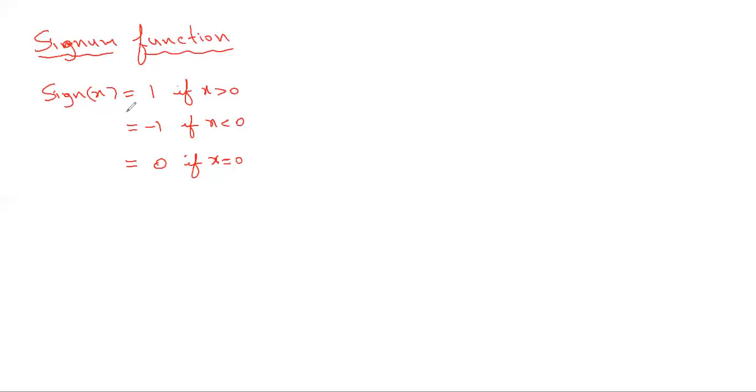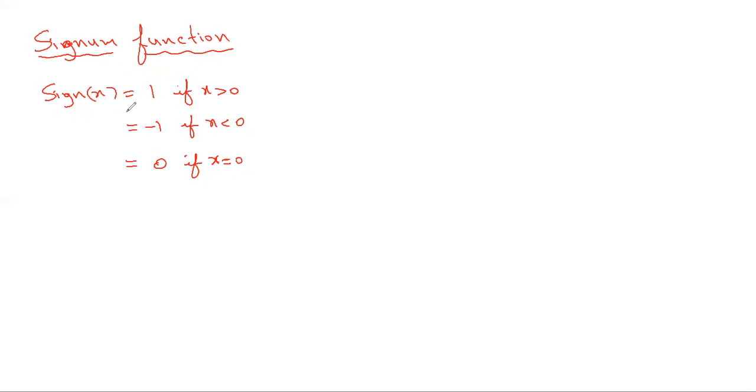Similar to that, here also, for all positive numbers, the image is 1. Just like for all marks of 35 or more, the result is printed as pass, for all positive numbers the signum function gives the output as 1. And for all negative numbers, the output is given as -1. And for zero, there is only one number 0. If the number 0 is given as input, only in that case 0 will come as the output.